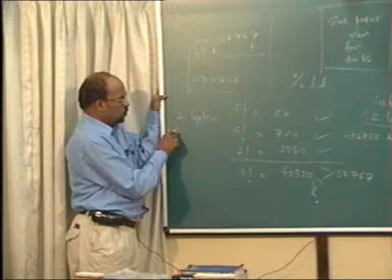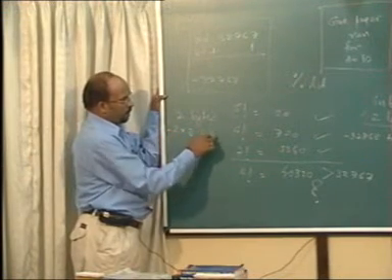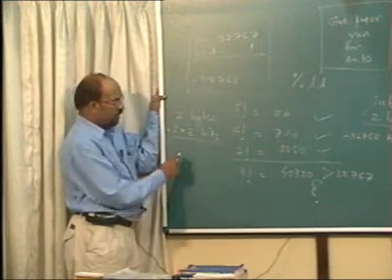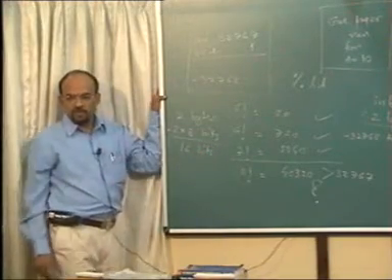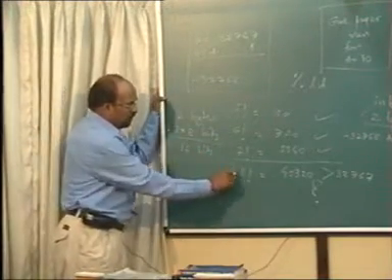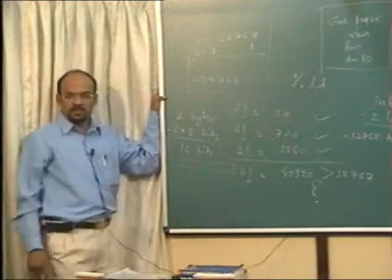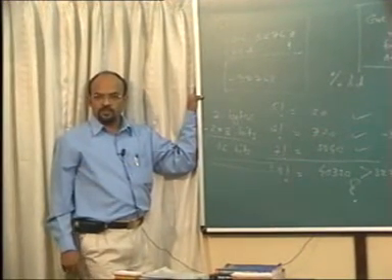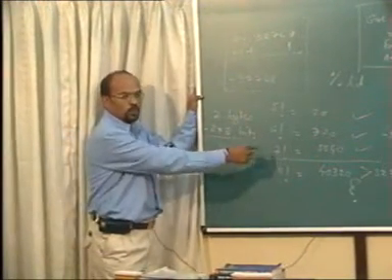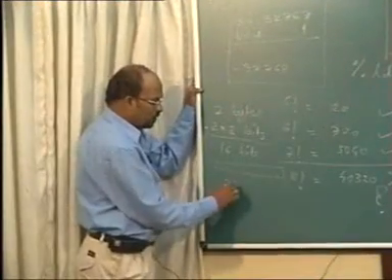That means 2 into 8 bits. That gives us 16 bits. So it's going to be a 0-1 combination in 16 positions. Every position can take value 0 or 1. So it is 2 into 2 into 2 into 2, 16 times. So 2 raised to 16